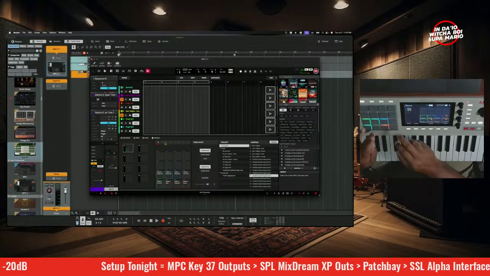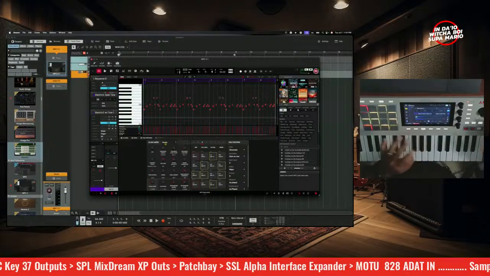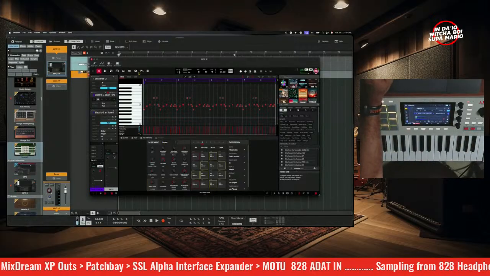Trying to get a gist of how that sounds. All right, cool. So once you verify all of your sound is working,